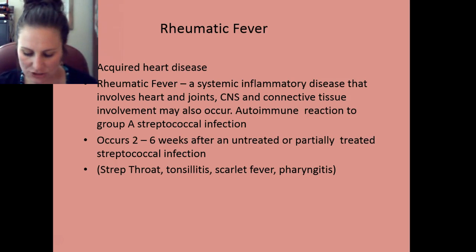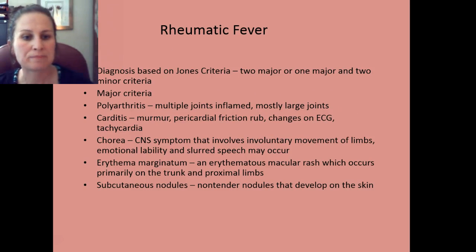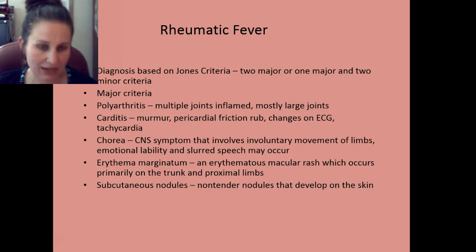So we always want to teach our parents to make sure that they are giving the full dose of antibiotics. Don't just stop after the child starts feeling better. With rheumatic fever, you have that picture of that child on page 816 where they're showing the different signs. It starts out with minor fever. They're going to have that elevated CRP and that ESR, which shows us that they're having an infection